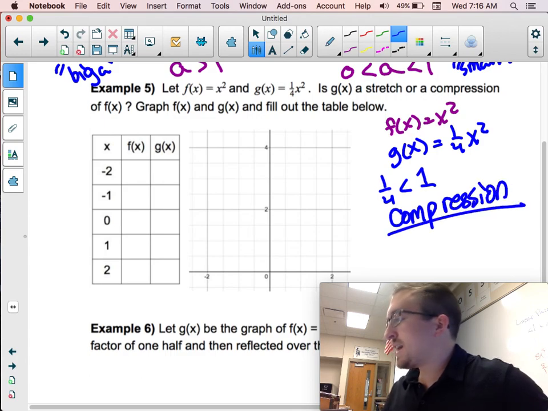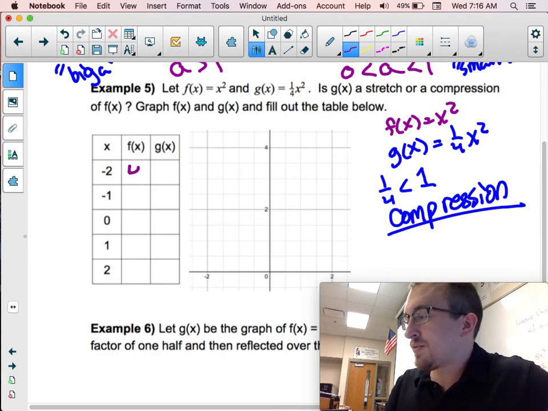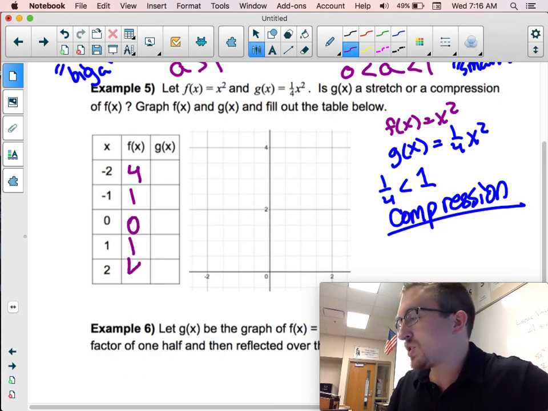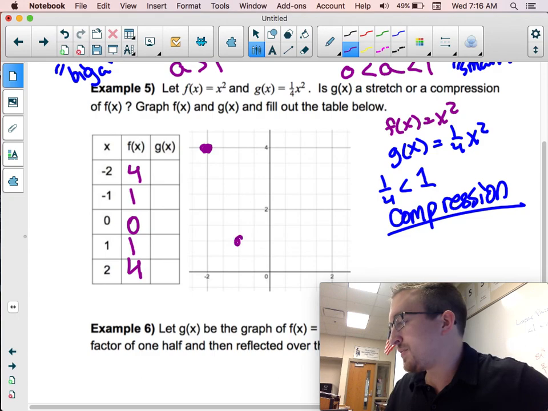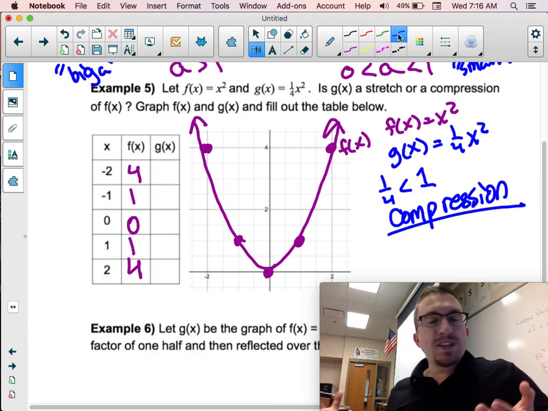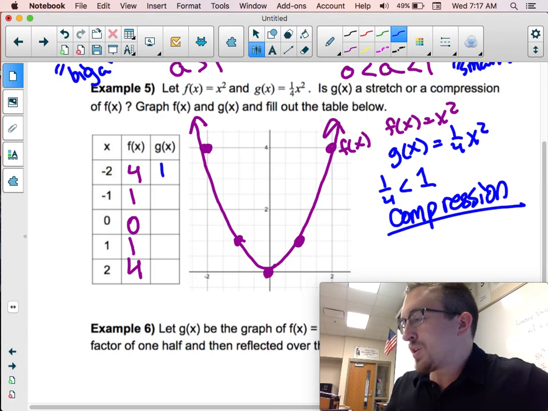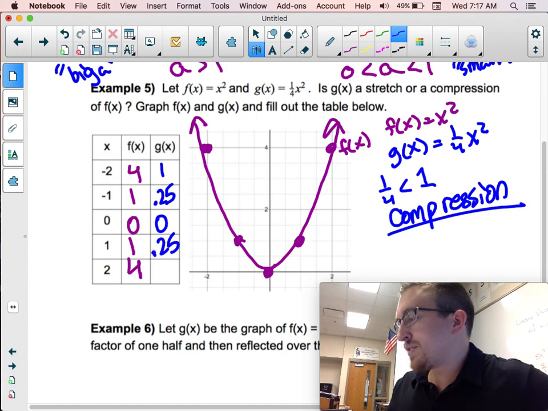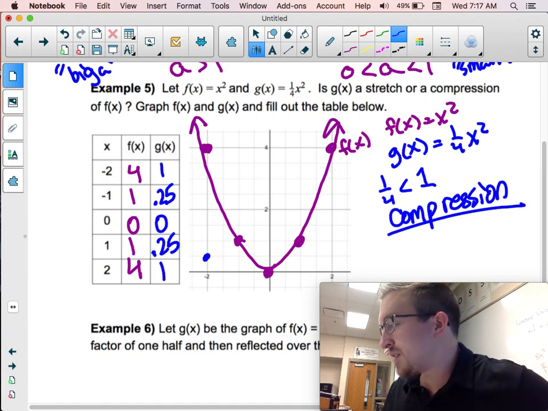And let's just see that in the graph real quick. This is the same function we started with at the beginning. So I'm going to go ahead and graph this guy up. Here's our normal f of x, and I haven't been labeling these. I should have, but I have been color coding them. If we take all these values and multiply by 1/4, we'll get 1 and 0.25. 0 times 1/4 is still 0, then 0.25, and then we'll get 1. And if I graph these up,